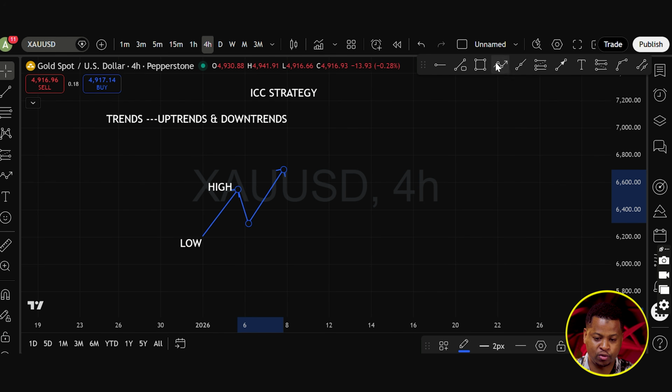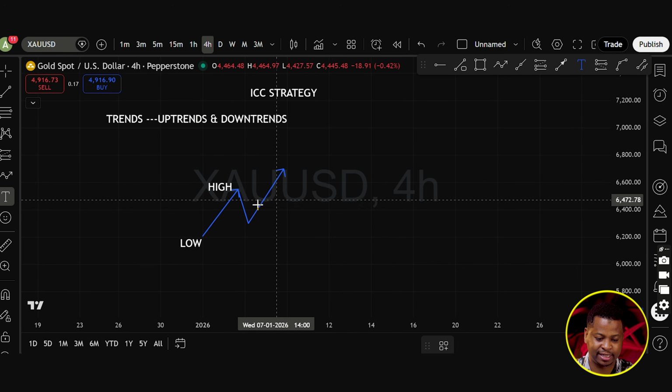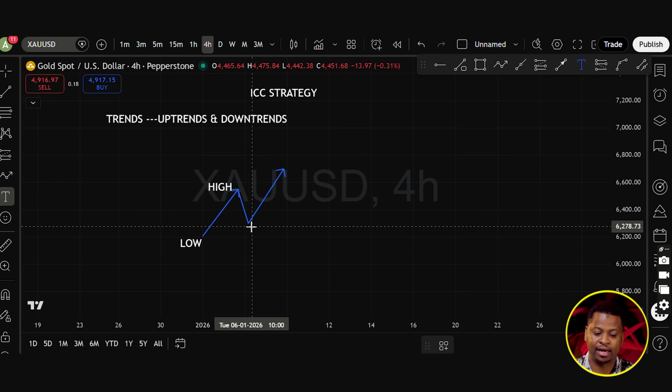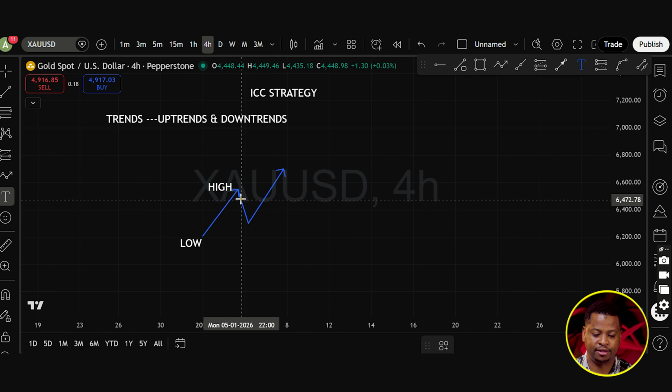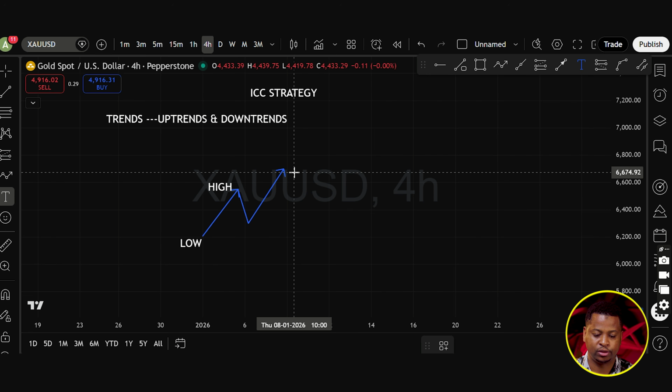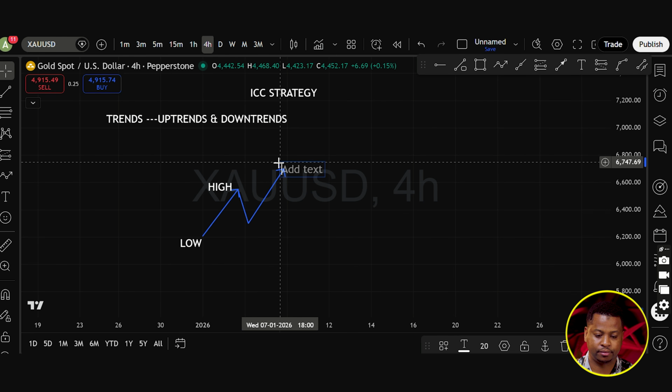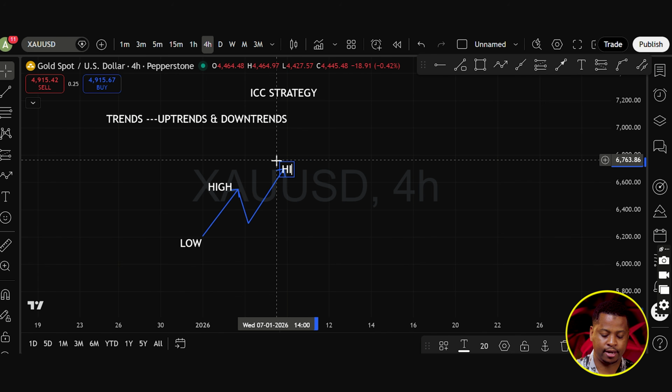But if you look keenly, you're going to realize that this low is actually higher than this one. Okay, and this high is actually higher than this one. So this one becomes a higher high,